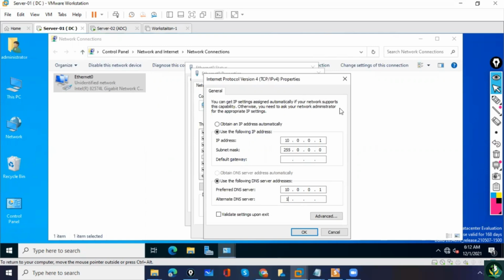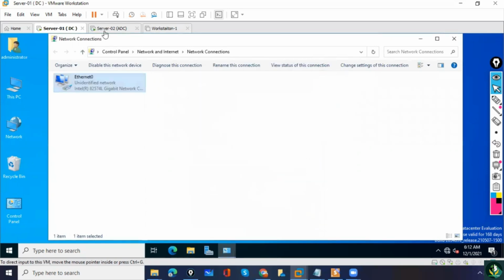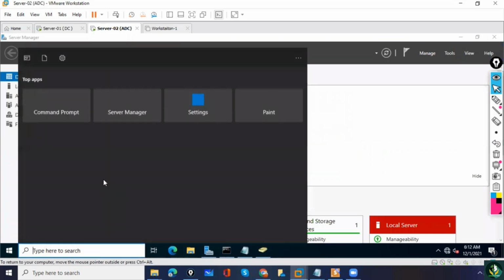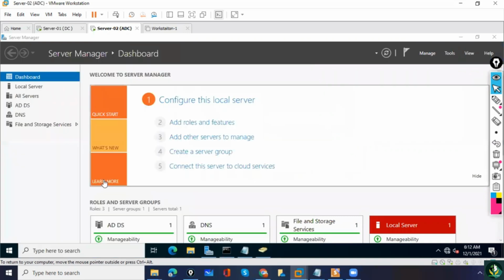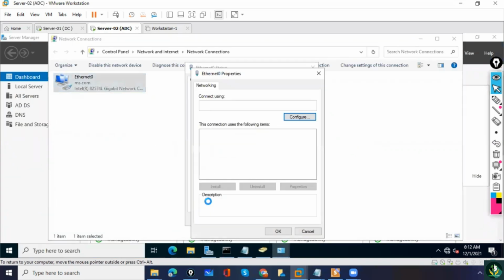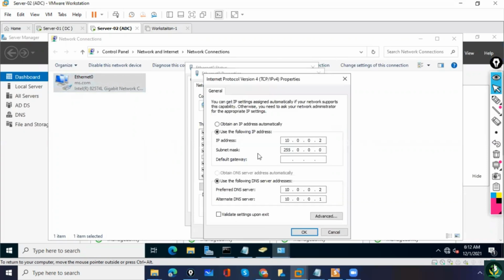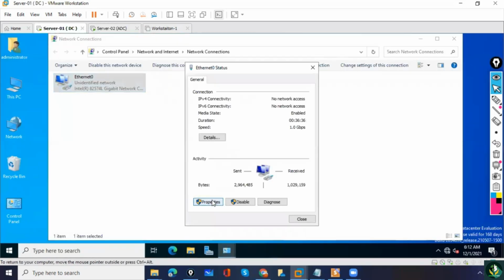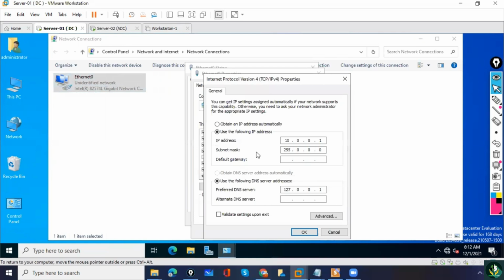Okay, we'll go to this server, ncpa.cpl, properties, 10.0.0.2, preferred DNS is 10.0.0.2. We'll go to the server, we'll go to DC, and we'll configure DNS as 10.0.0.1. Then we'll click OK